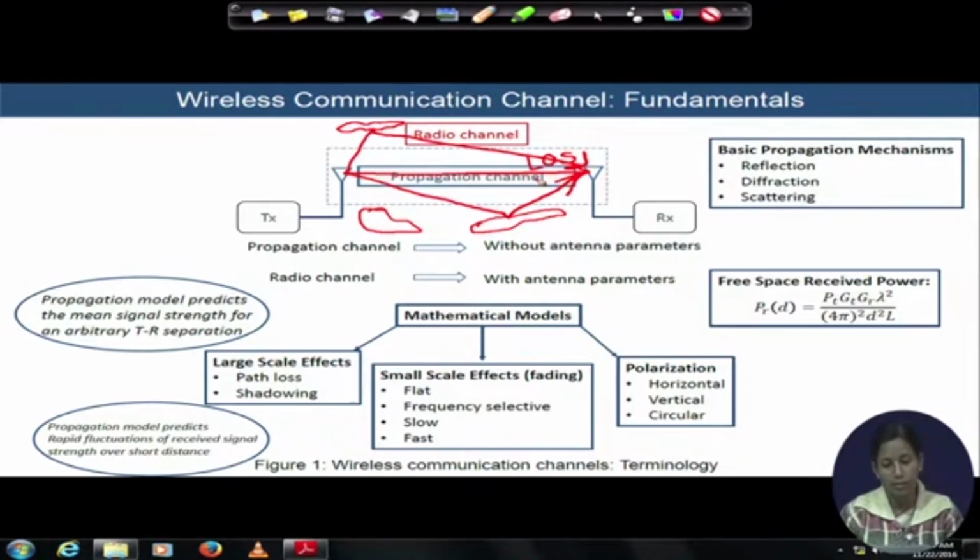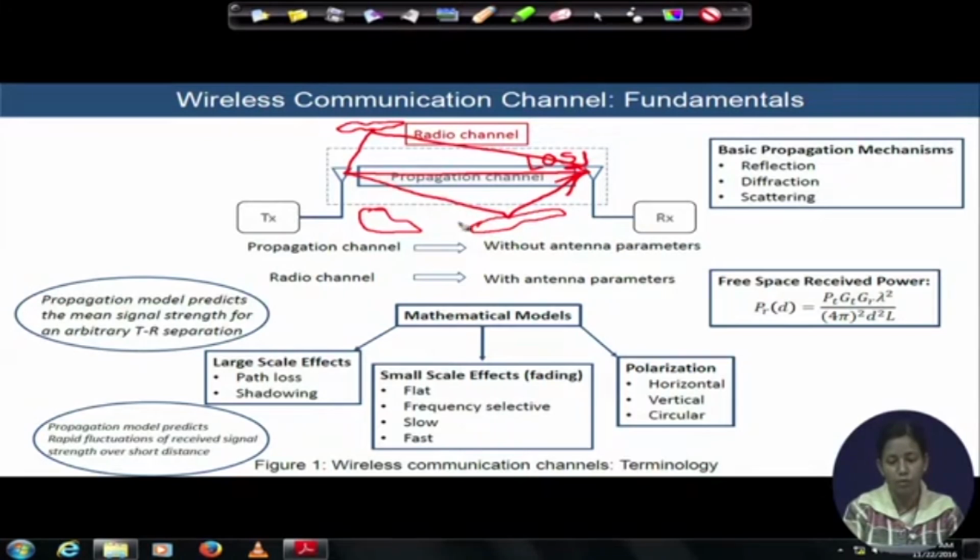So, the thing is that you released, suppose, one symbol, and now with respect to that symbol, you are continuously going to receive the related electromagnetic waves corresponding to that symbol over multiple paths. So, the same symbol is received at the receiver after traveling over multiple paths. It is a unique phenomenon that is happening inside the wireless channel, and this basic propagation, we call it the